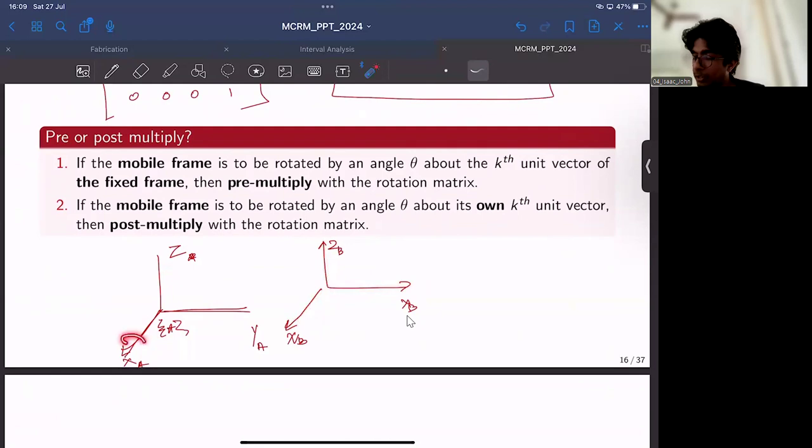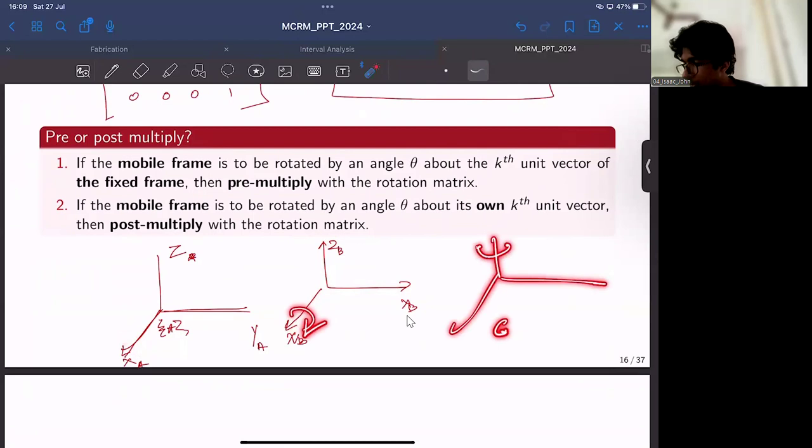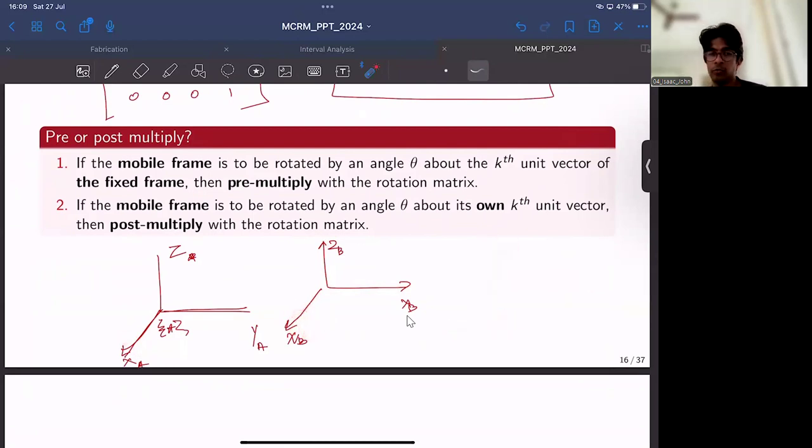For example, if you rotate about xa, you will have one configuration of frame B, and subsequent rotations would be about the subsequent frames. For example, if you now got frame B, if you rotate about xb, you will get another frame. You can call it C. Then if you rotate about one axis of frame C, you will get another frame, and so forth. So as you know, since matrix multiplication is not commutative,